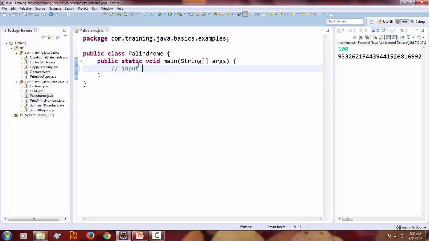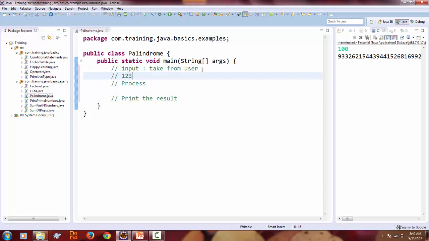First we have to look about input. So I will take from user then process it and then print the result. So input, if I take as a number called, say example 1 2 3,